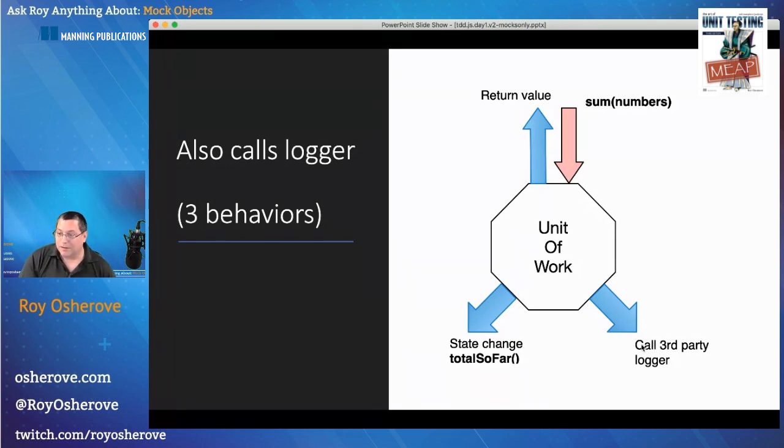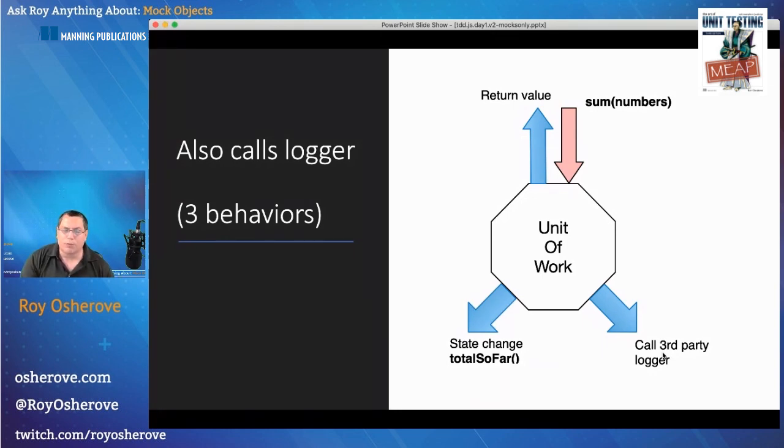And that means that if I wanted to test that it calls a third party, it would be difficult for me. It would force me to do an integration test, which sometimes is a good idea, but not always. And I would say that most of the time, integration tests, and I mean the integration tests in the sense that they're complicated and have a lot of dependencies, usually create a lot of trouble. So we want to minimize the amount that we have. We still want some, but we don't want a lot of them.